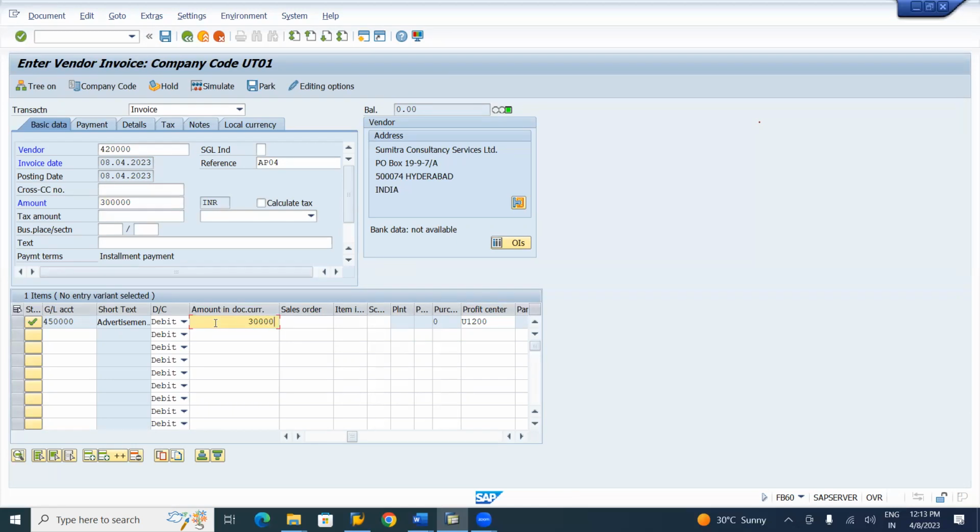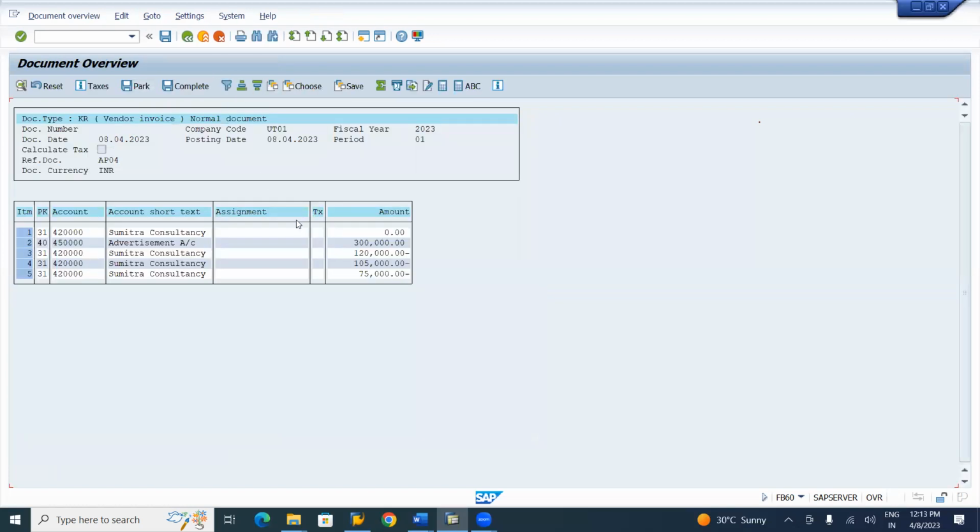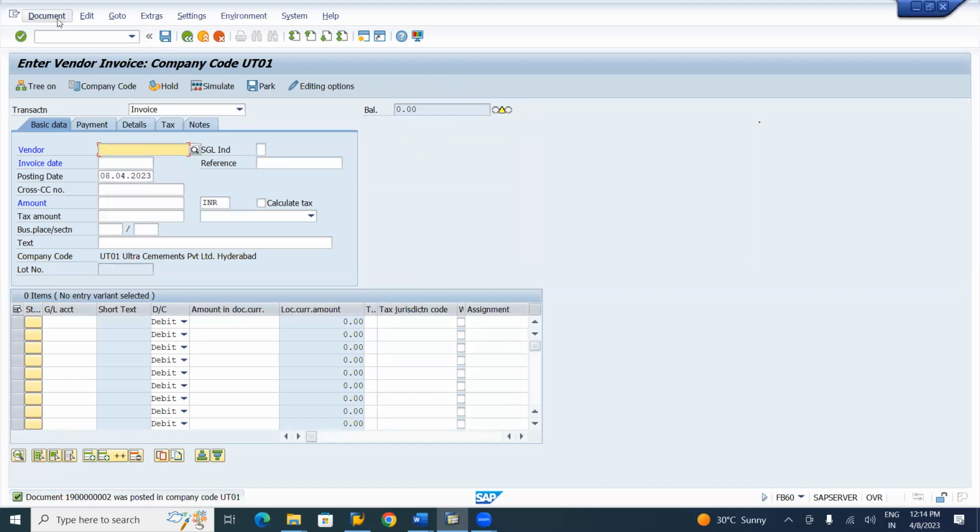That's it. Okay, simulate. You can see here 1,20,000, 1,05,000, 75,000. Okay, click on the post button. Now document,